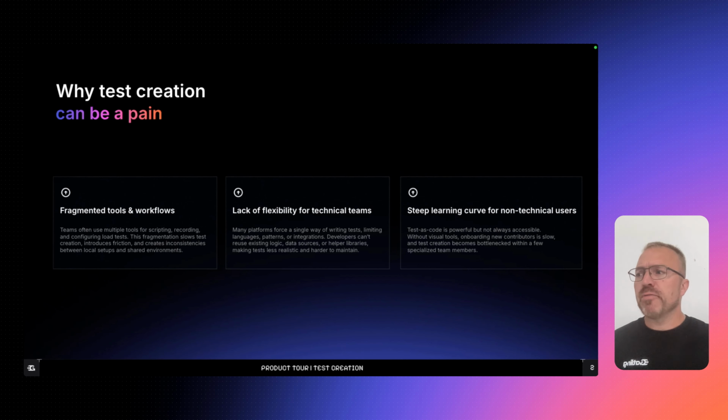Also, there's a lack of flexibility for many technical teams. Lots of load testing tools force a single way of writing tests, limiting the language that you program in, patterns, or integrations. Developers can't reuse existing logic, or data sources, or helper libraries, making tests less realistic and harder to